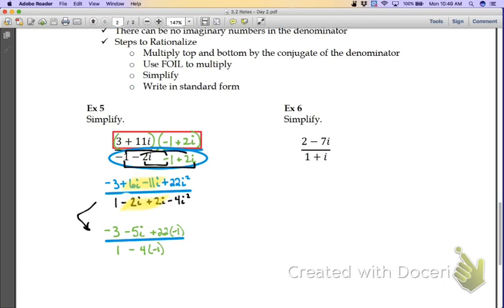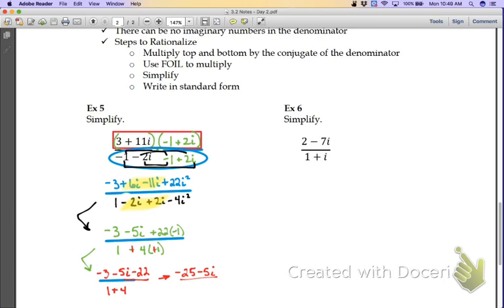So the top side, if I just keep going here, I'm going to have negative 3 minus 5i minus 22. That's just 1 plus 4. Extend that. And then I'm going to have negative 25 minus 5i